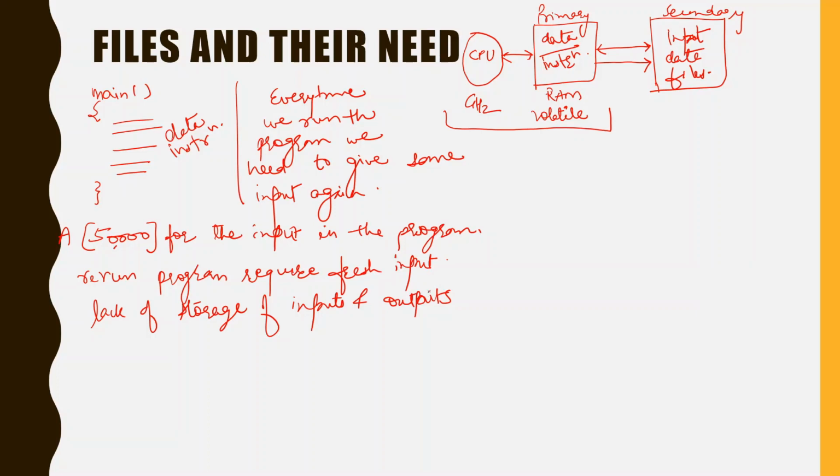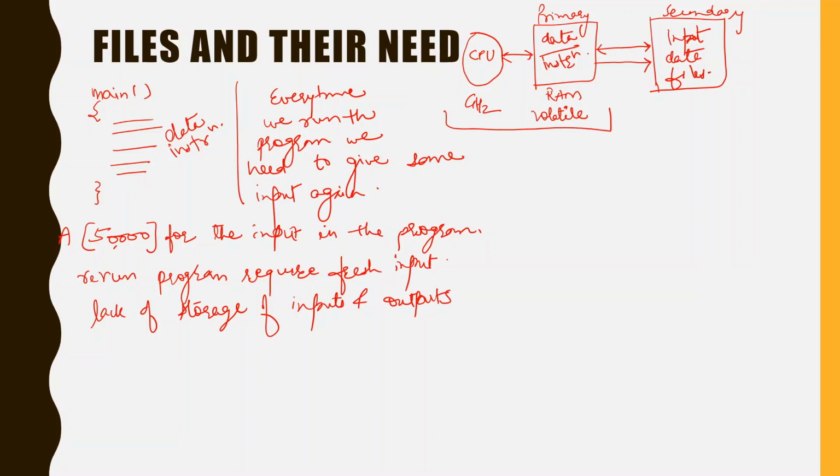Suppose you have run a program at your home and you want to show your supervisor that you have made this program. The program takes 1 hour completely to show the output, and suppose you do it with the normal method. You have run the program at home and got the proper output, and now you want to show it to your supervisor. In front of the supervisor, you have to spend 1 hour to reach the output. That is going to be very difficult, because no one has this much time to wait for your output.